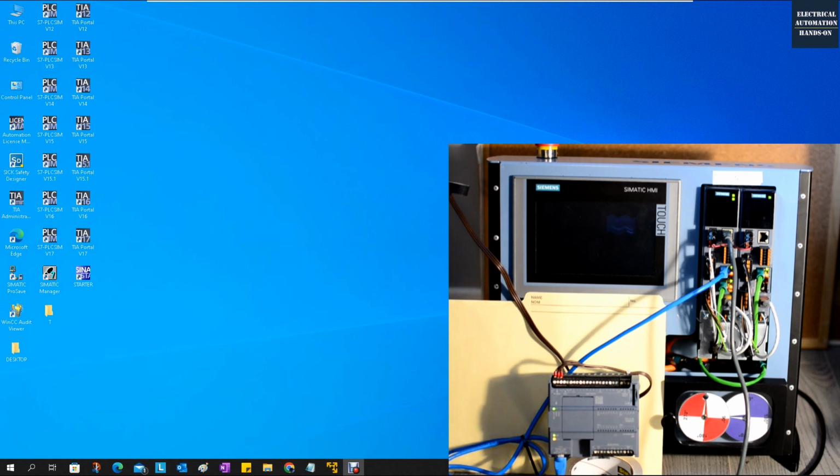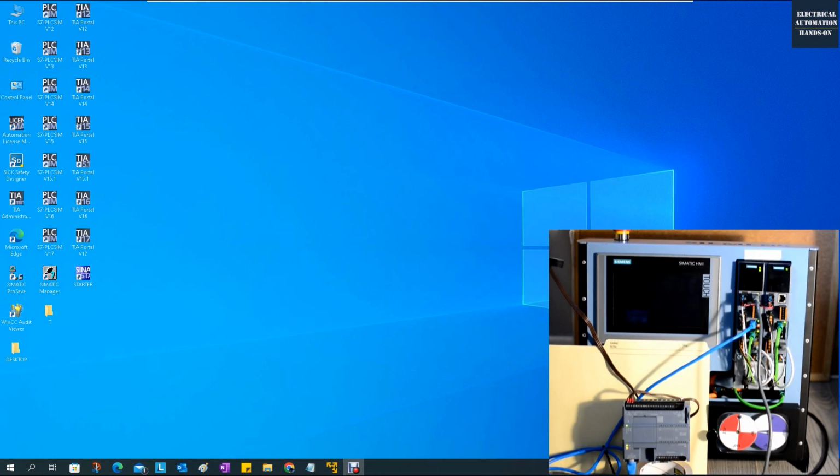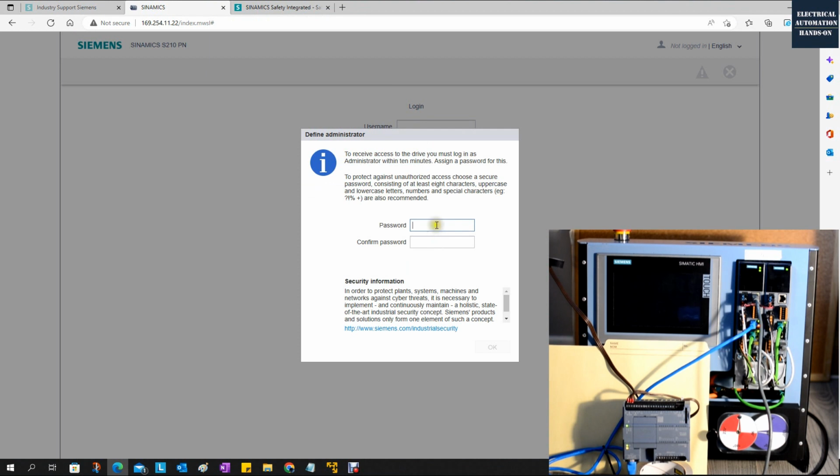So let's first browse to the web page of this servo drive, and I can spin the motor, just to do a quick hardware test. Okay, then let's go to the IE browser. The first time we log in to this IE browser, this IP address